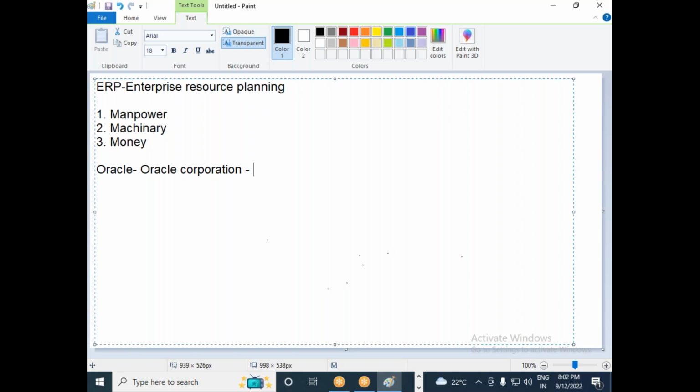If you go to any industry, that industry will be divided into various departments. The finance department is one of the most important departments, where they are doing finance-related transactions, right? So if I want a software that is quite good in providing solutions for finance, I will go for Oracle Financials. That is the module or the software, Oracle Financials.